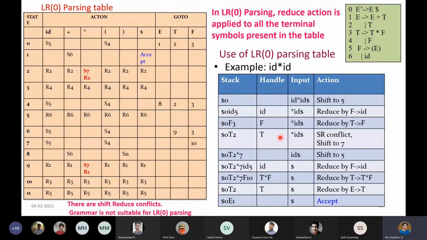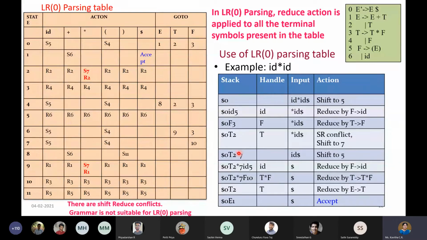So if I do that, what happens? This star I am going to push. See, whatever content was there in the stack remains the same. It is not changing. The only thing is that I am pushing a new symbol, that is, the star symbol is pushed. After pushing the star symbol, again you have to find the next state. Shift to 7. See, it is very clear when you are performing the shift operation. Because at state number 2, on star, it is S7, so I know what the number is. That number only we are going to have here. That is the state number.